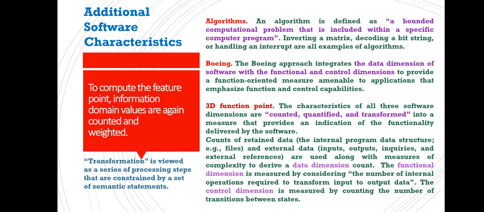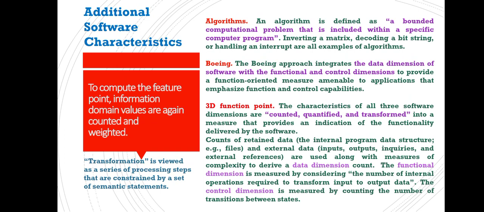Decoding a bit string. Suppose I am considering a bit string 0 1 1 and I am replacing 1 in place of 0, then it is an encoding format, and we are placing decoding as 0 0 0. In place of 1 I am replacing 0. That is represented as decoding a bit string.